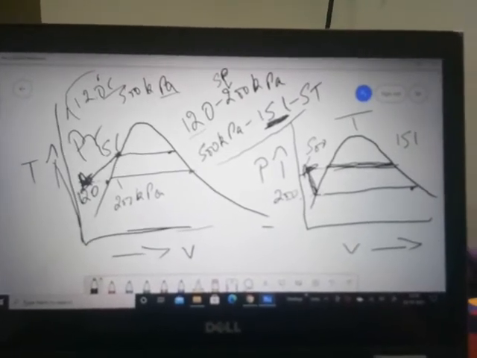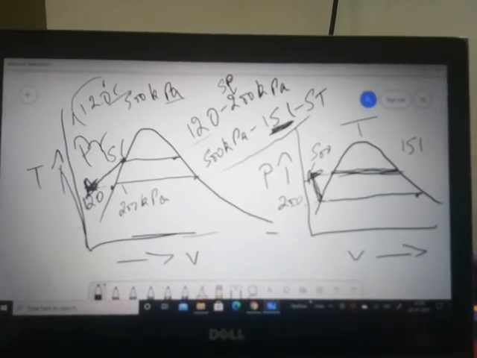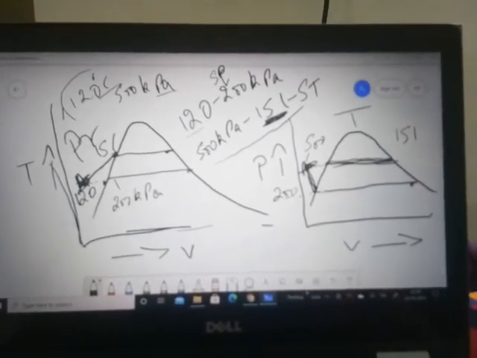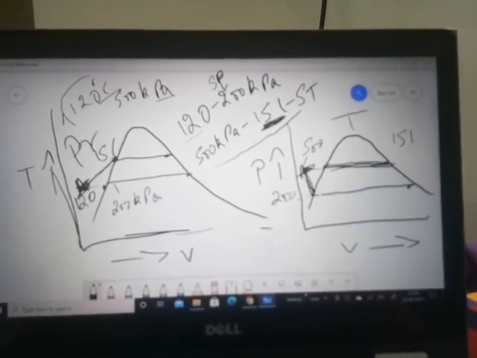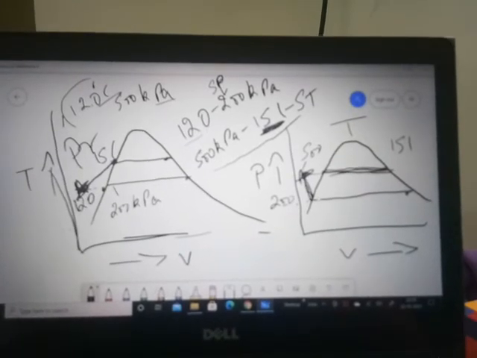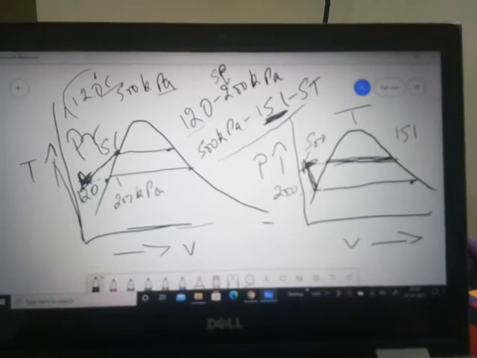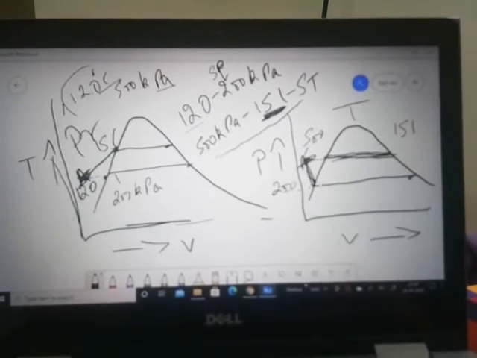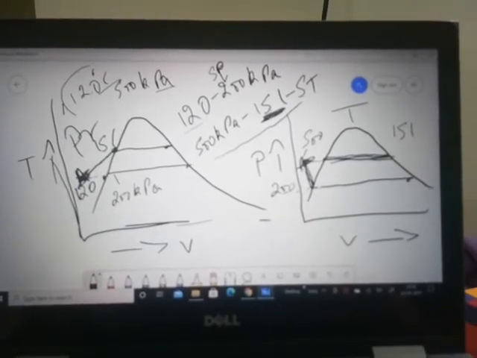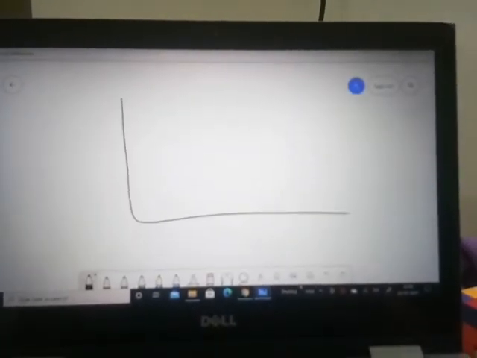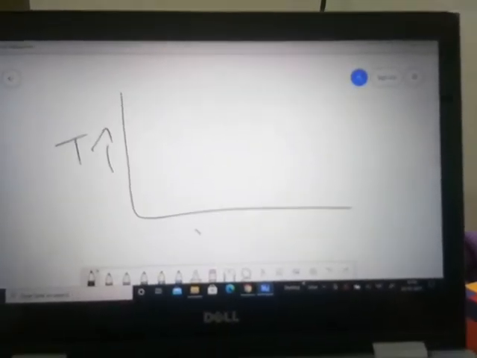But that is not a rule. There can be certain numerical problems where you can change both temperature and pressure. So don't take that as a rule and say, okay, it's pretty simple. If I keep pressure constant, then I just change the temperature. No, it's not like that. So all I'm saying is, before I wrap this up, if I just draw the TV diagram here,